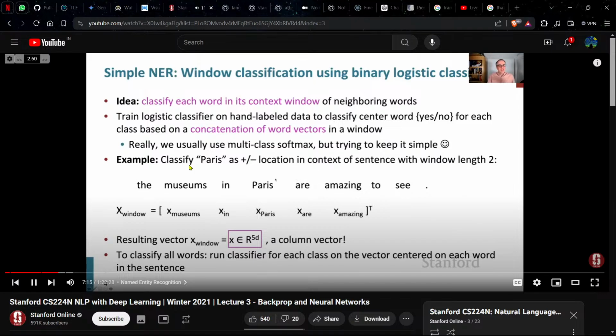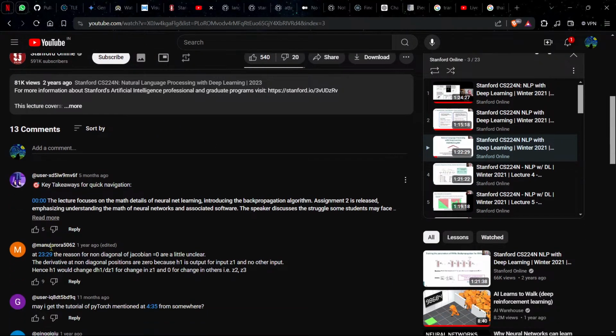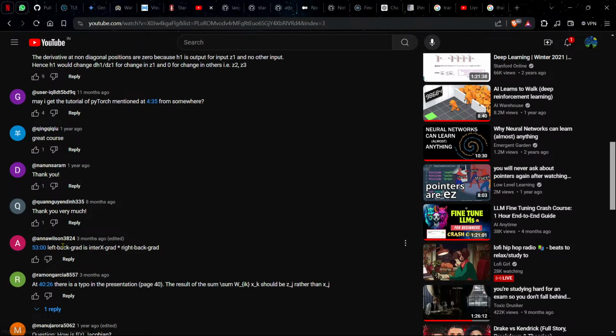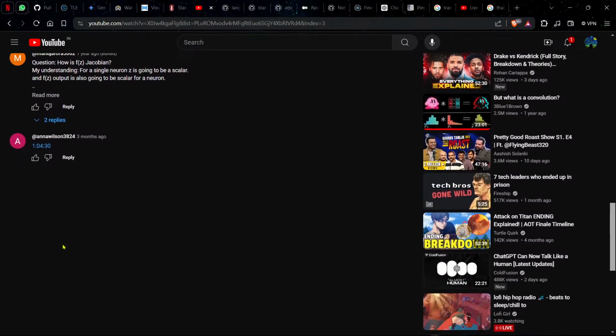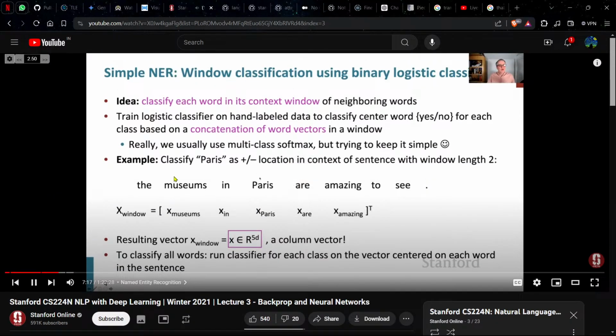So for a sentence like the museums in Paris are amazing, to see, what we're going to do is for each word say